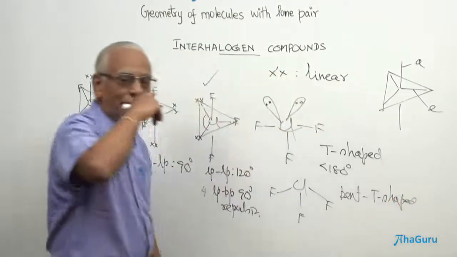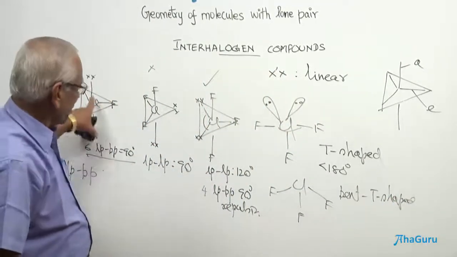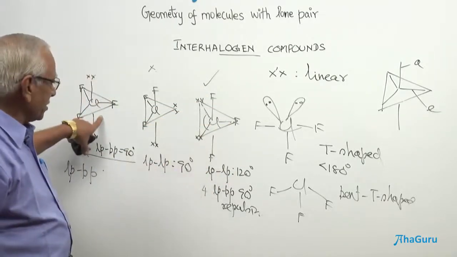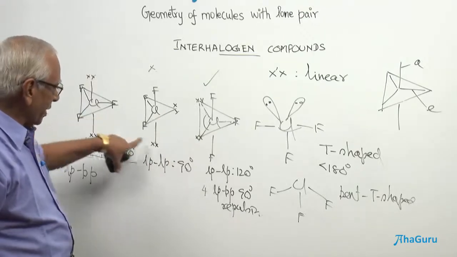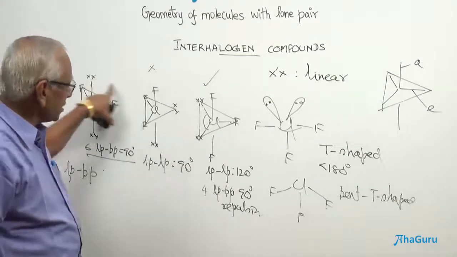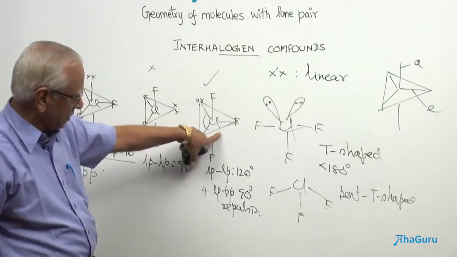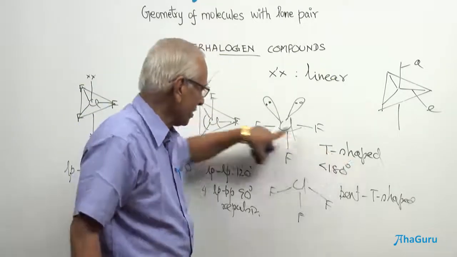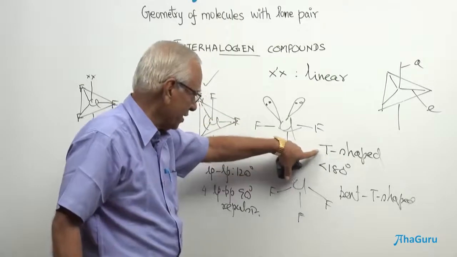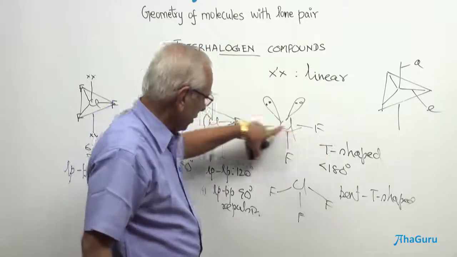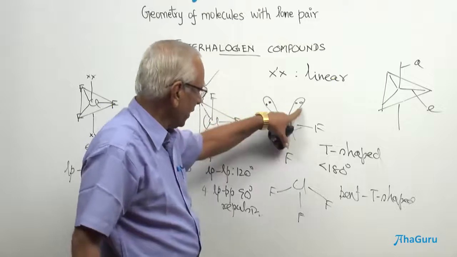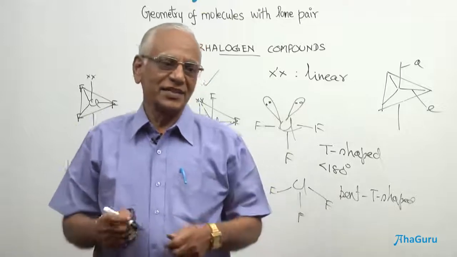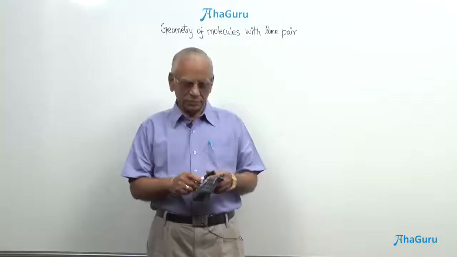Bent T-shaped. We have to propose different possibilities, and based on the lone pair-bond pair repulsion, we have removed these two structures and taken this particular structure which has the least repulsion, and from this we propose the shape. This is generally called T-shaped, but strictly speaking, all three atoms are not on the same line. Because of the lone pair repulsion, it slightly comes down. Therefore, it is going to be less than 180. This is called a bent T-shaped molecule.